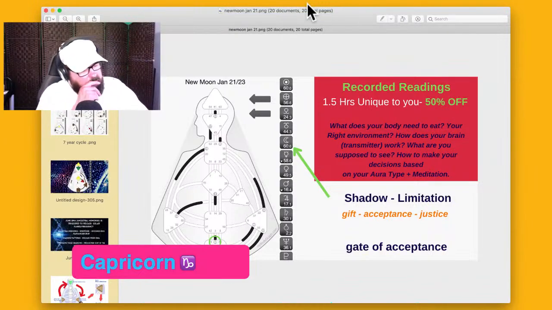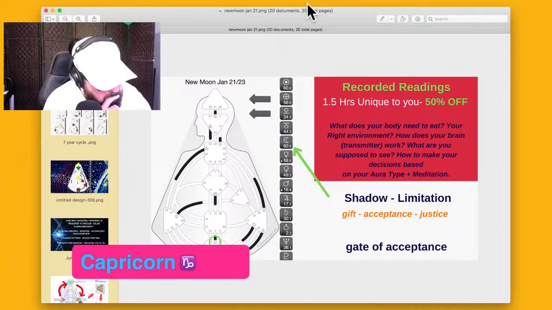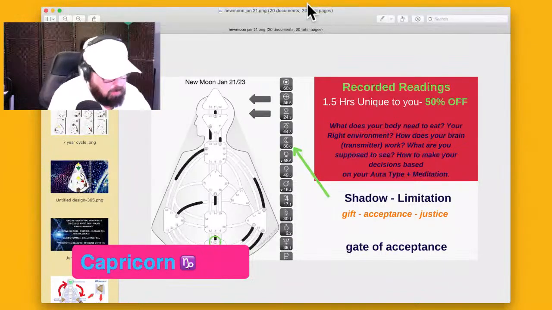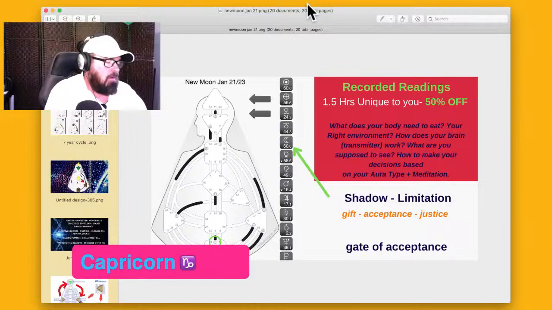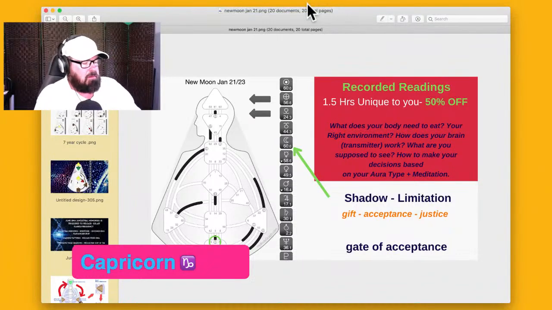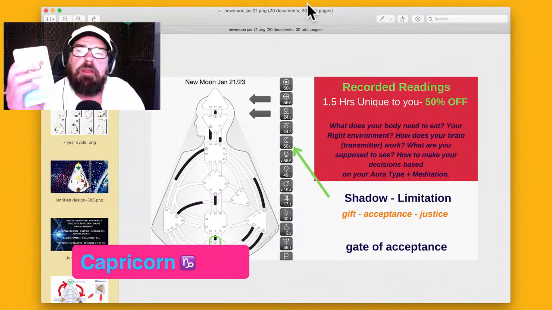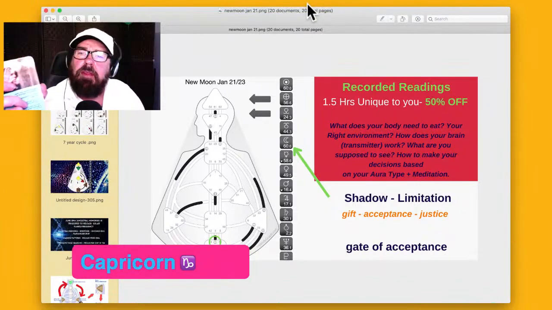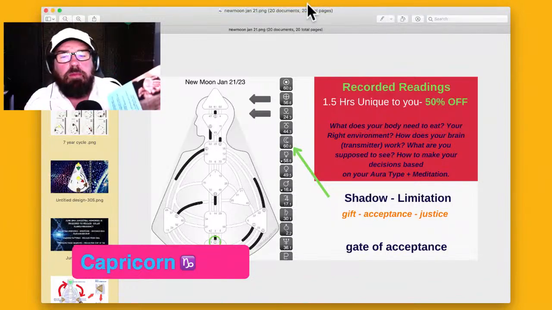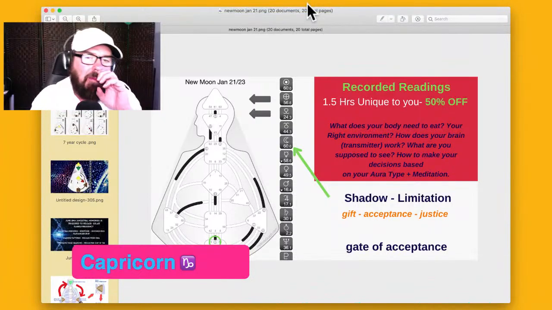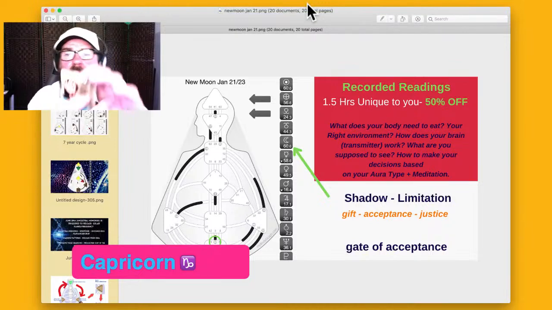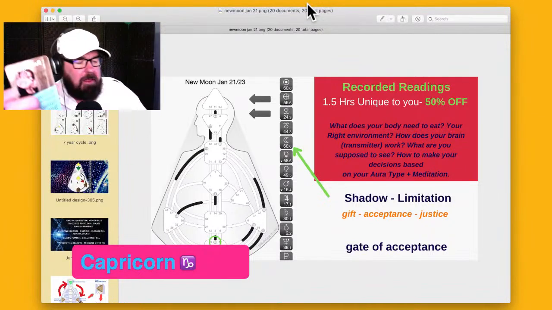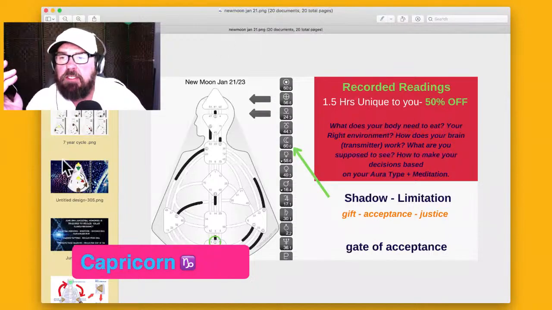Okay, what do we got for Capricorn? What's the ego telling Capricorn? That one right there. Ooh, we got a repeat. I forget who got the defensiveness card. Might have been Cancer. I think it was Cancer. Which makes sense. Capricorn's the opposite of Cancer. So the ego is telling you to be defensive, which is a limitation.